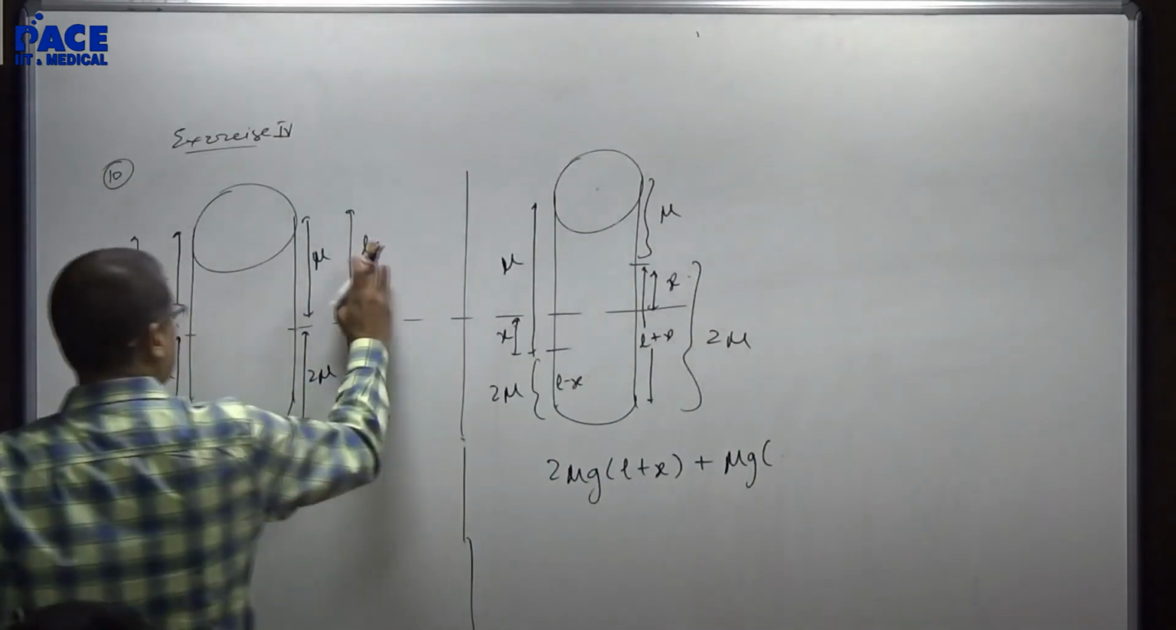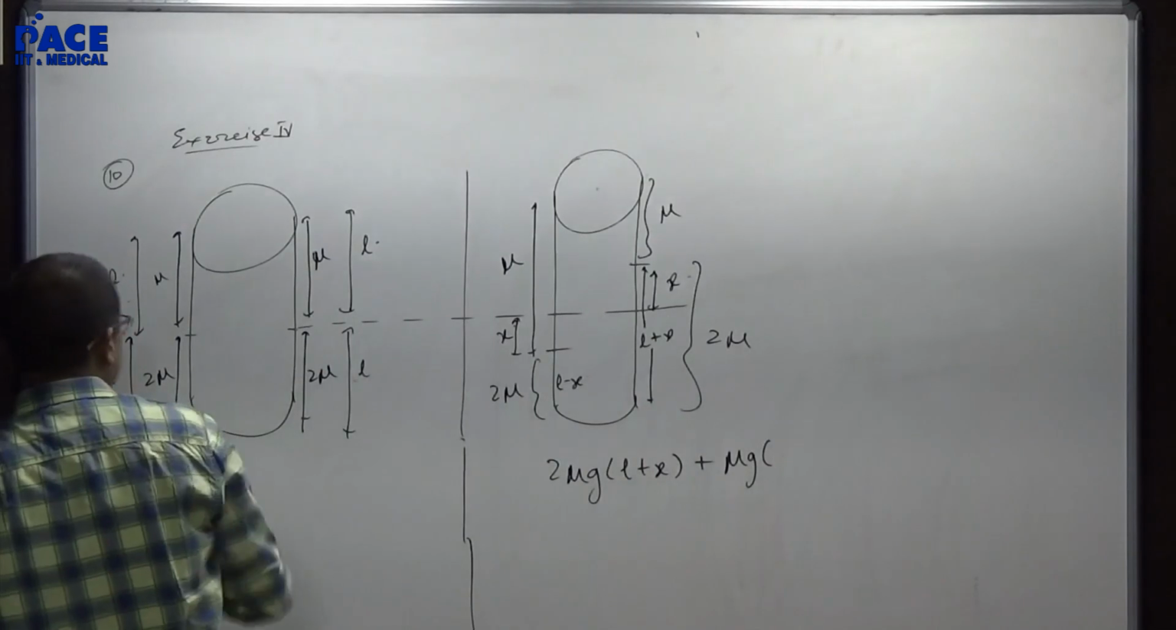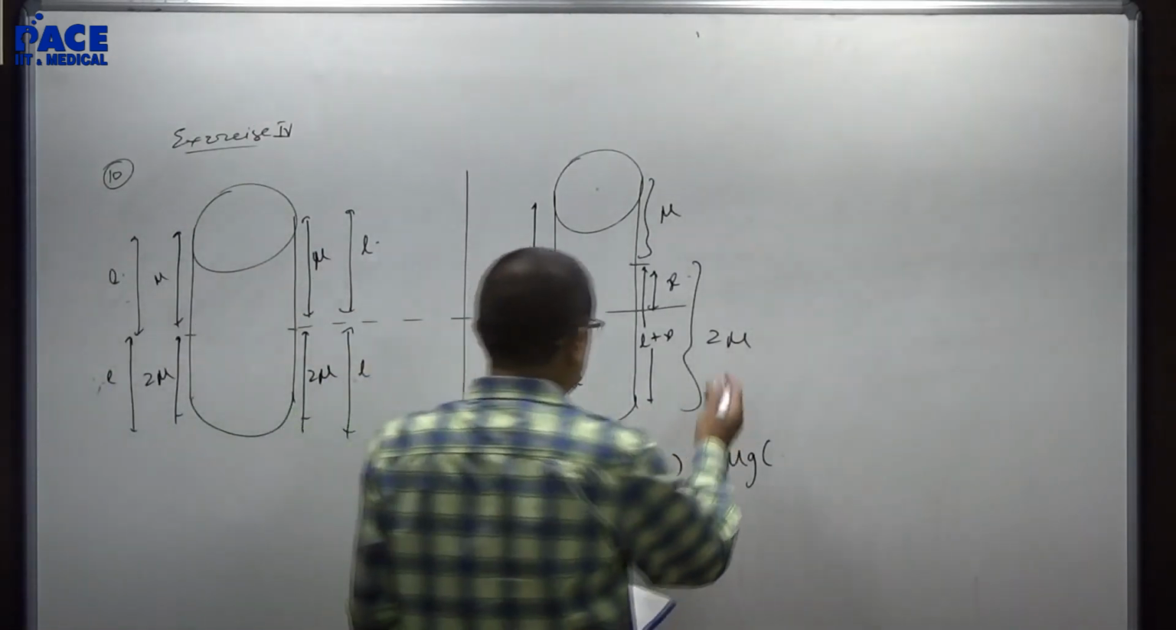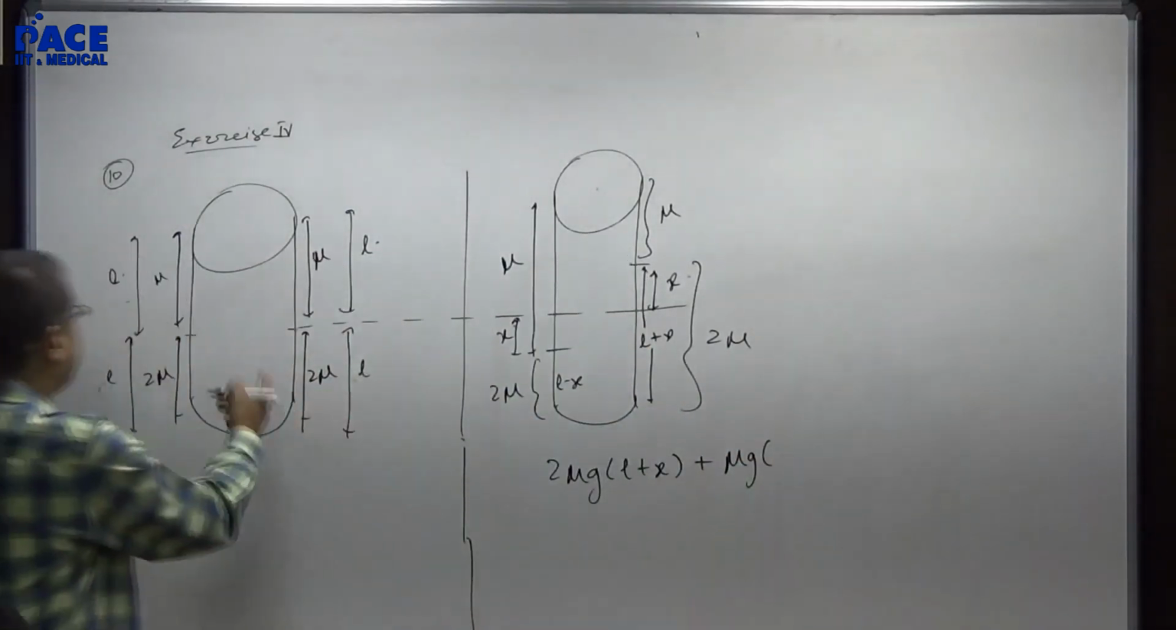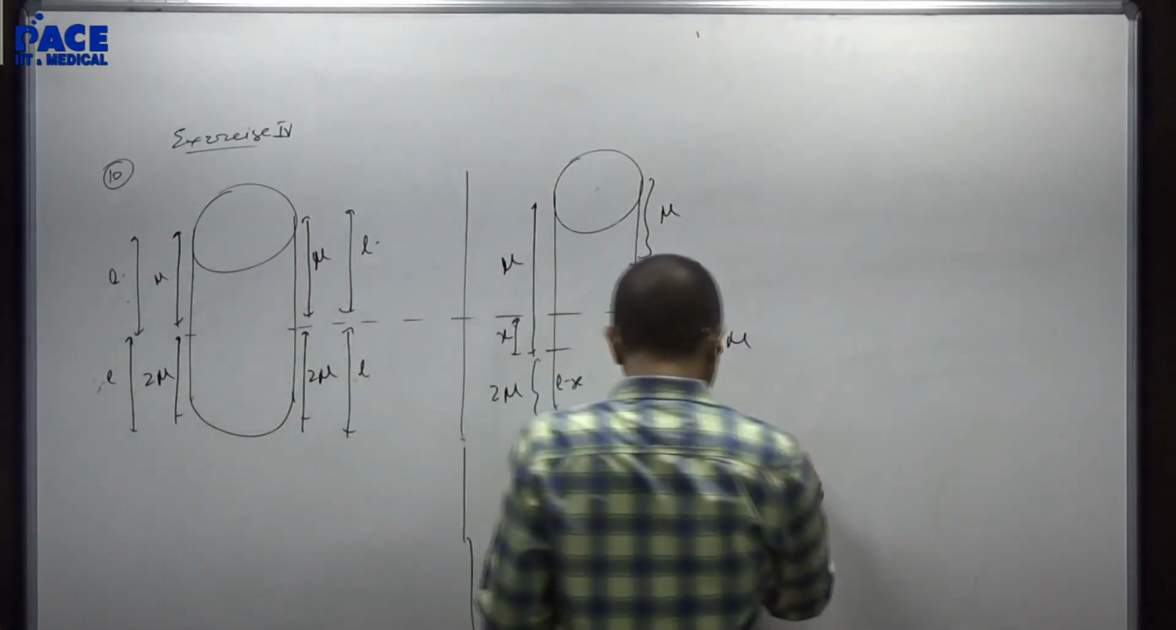I'll just make one small change here. I'll take this as L, this as L, this is L and L. You people solve it, because I solved it in my notes using those values. Right? You people take 2L and L by 2 and L by 2 as given in the question. Right? L